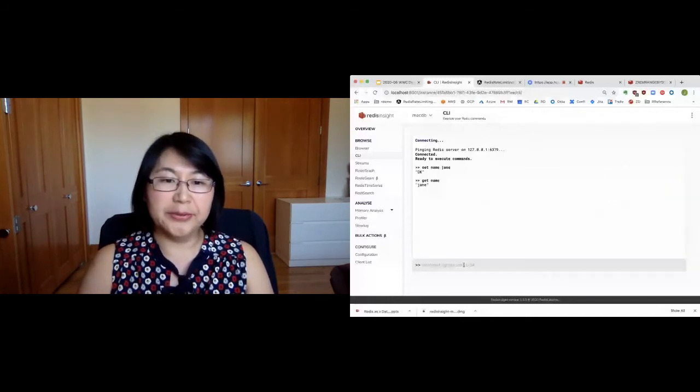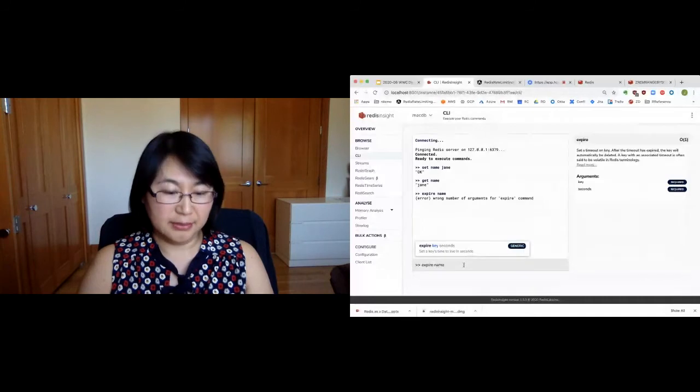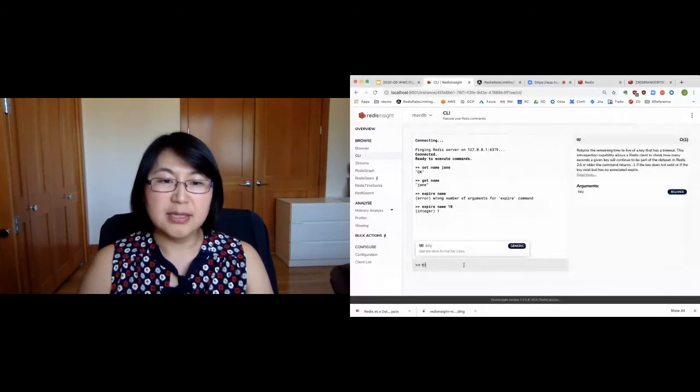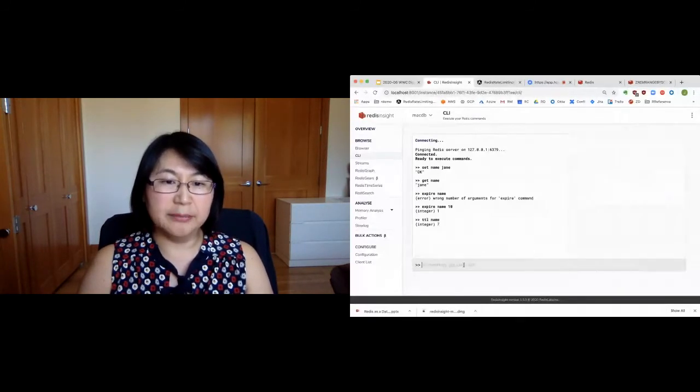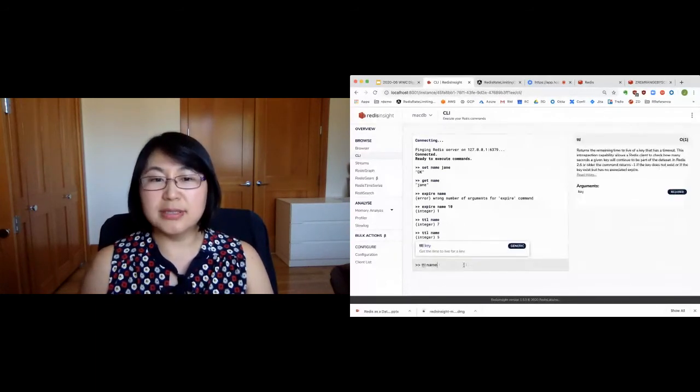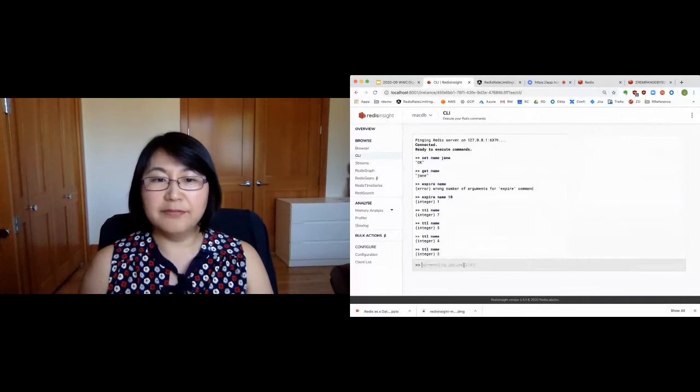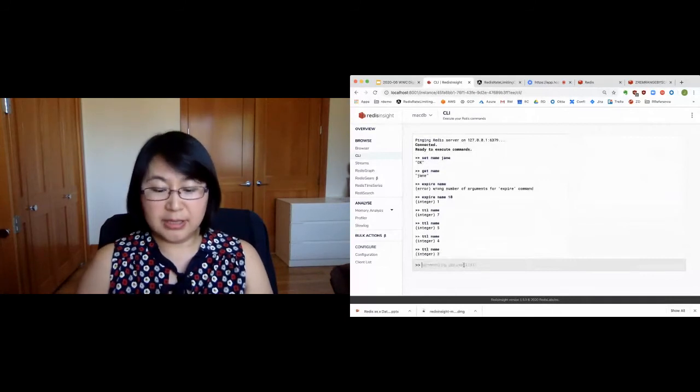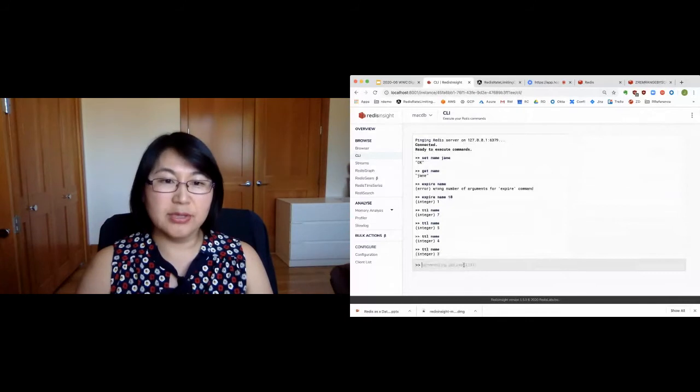I could expire the key name, right? Expire name, I could do it in 10 seconds. I could check the TTL for name, and it goes down. Redis is constantly checking for the life of the key. And if the time expires, TTL goes to -2, and if I do a get name again,